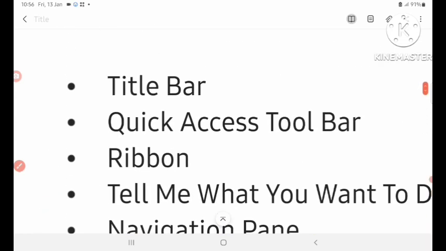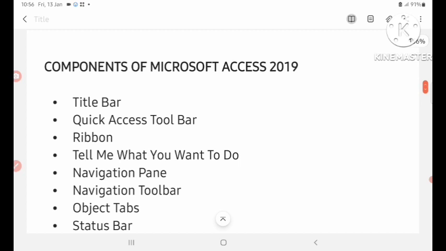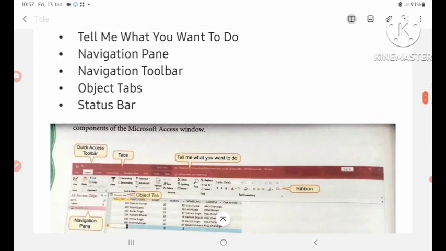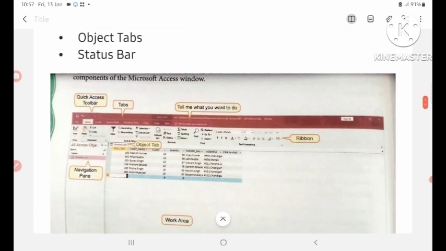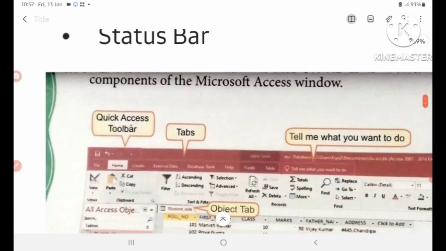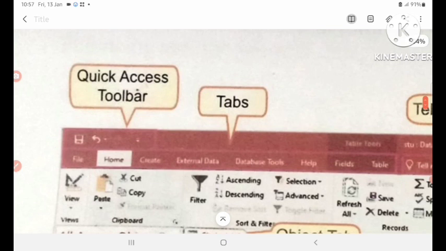Okay children, now the next point we will see. Your next point is the quick access toolbar. On your MS Access window screen, this is the quick access toolbar.